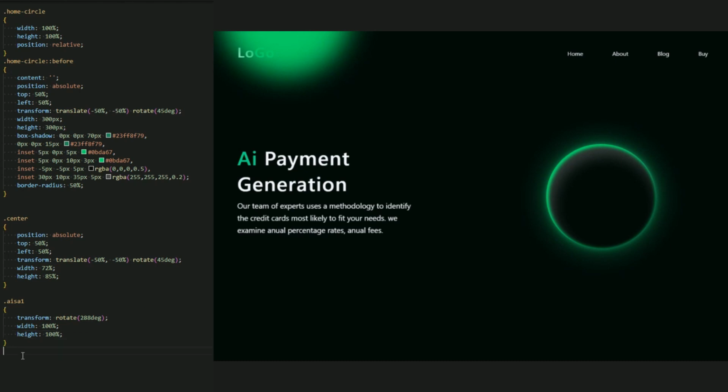So let me just create ASA1 before, set the width and the height 67%. Yep, and the height again 67%. Now let me just copy this and paste it here.